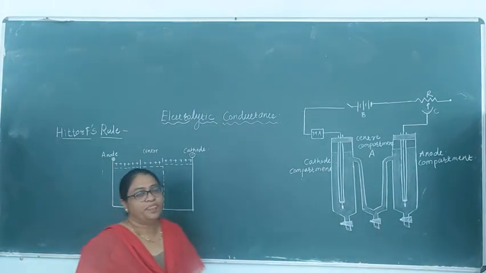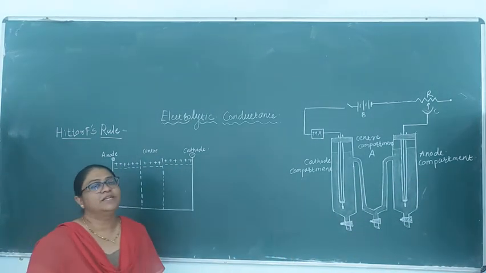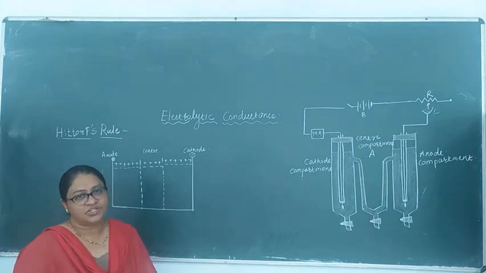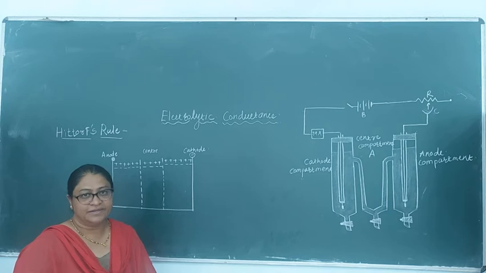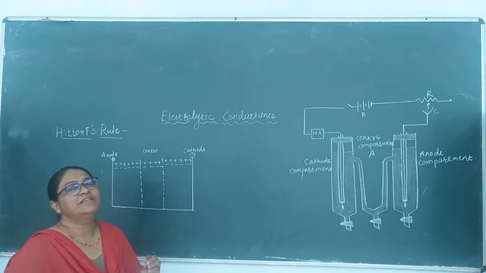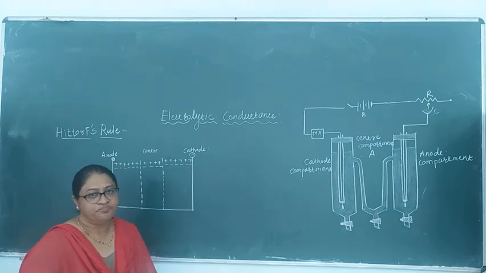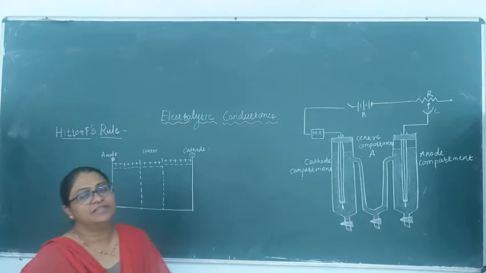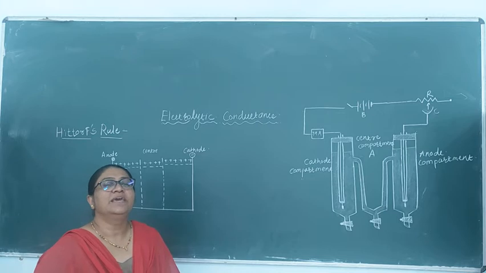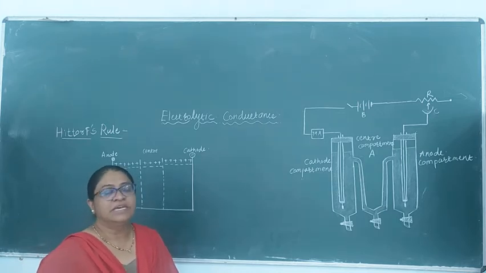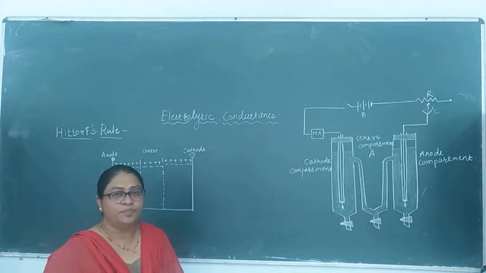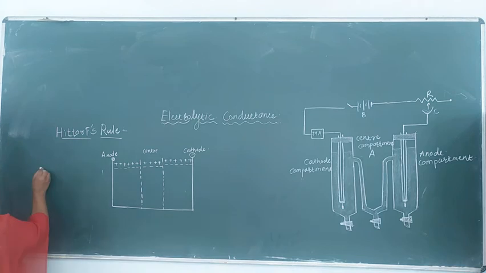Good morning everybody. Last time we had seen the transport number. The transport number is a fraction carried by the current. They are denoted by T plus and T minus. We have seen that the transport number and the velocities of the ions are directly related. That means the fraction carried by the current is directly dependent on the speed of the ion, and therefore generally the T plus,